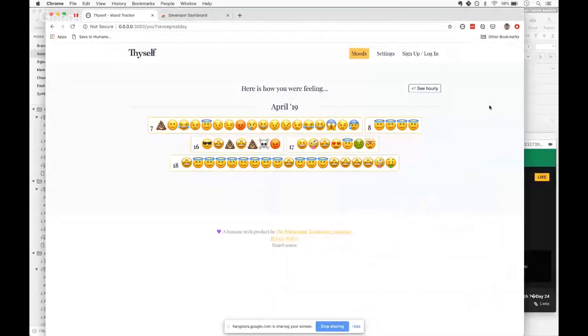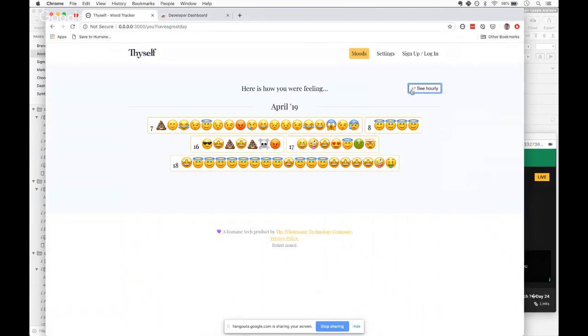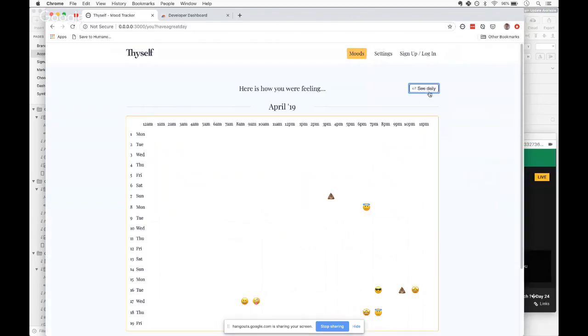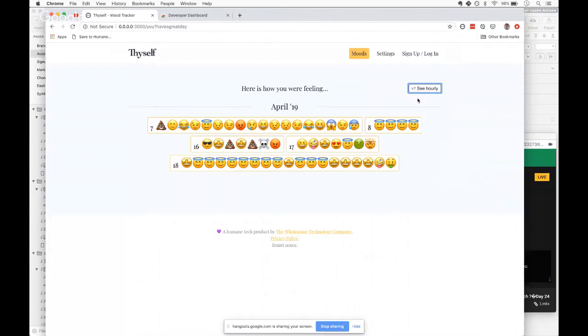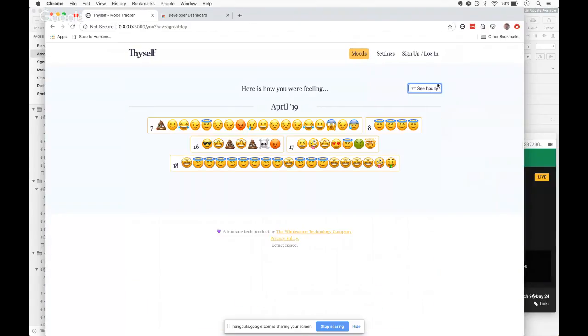Okay, cool. So we're in Thyself now. Made a little update to this button here. It looks more like a button now. Put this little ASCII symbol in here to show that it's a switcher. Eventually this will change and there'll be a more cohesive set of controls for managing your moods. But for now, I think this works.